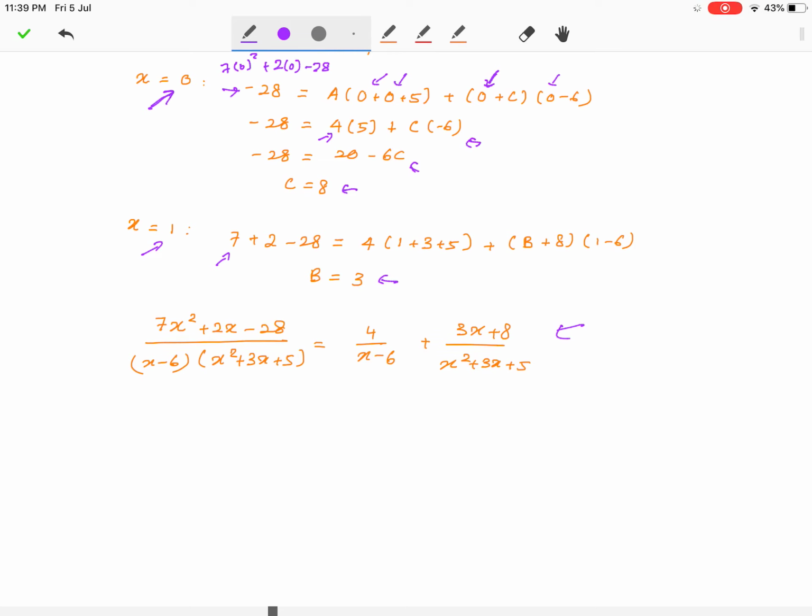So let's see what happens if you have x squared plus 2x minus 28 here. Okay, I think I will cover that in the next example. Okay, sorry, so I'll just keep it for the next example. All right, that's it for